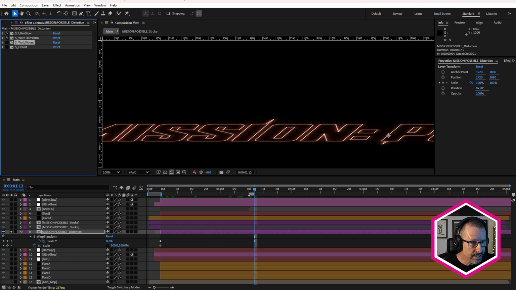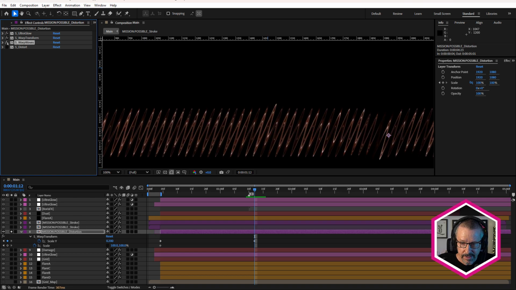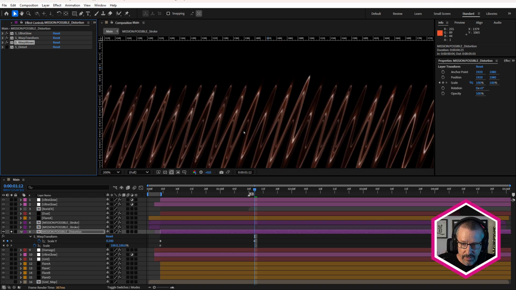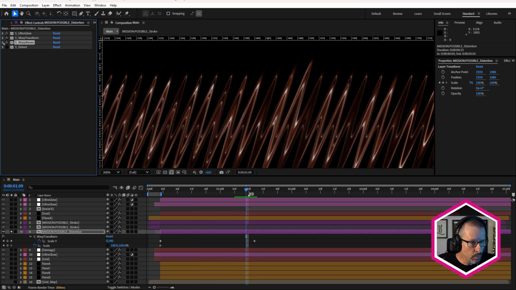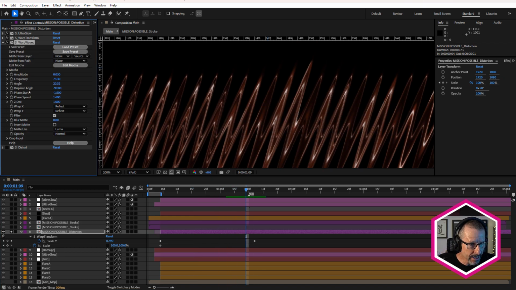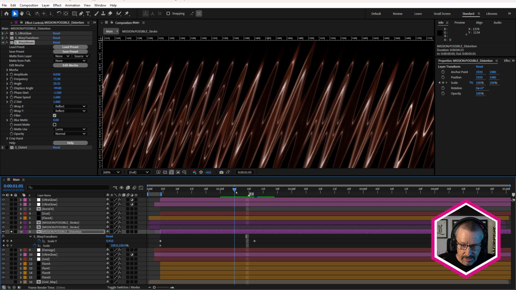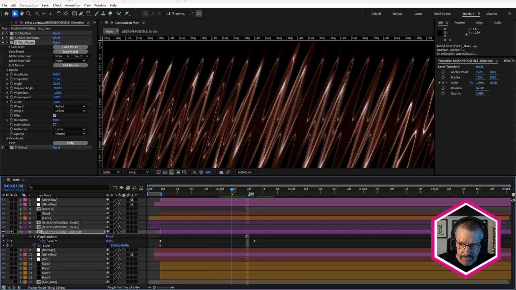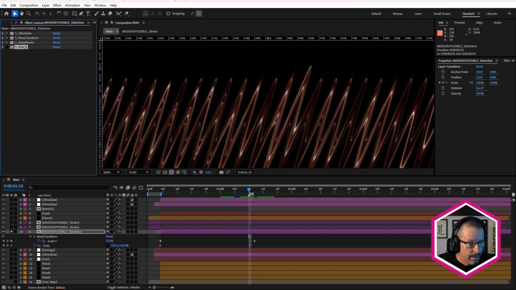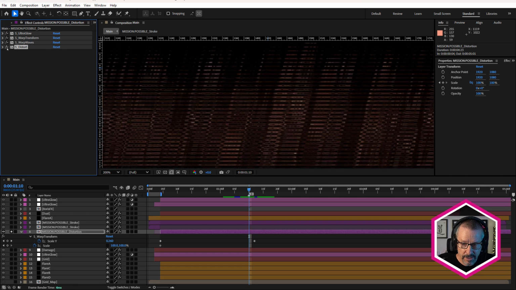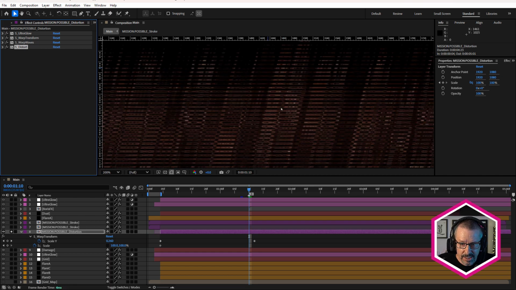All right, so next is Sapphire Warp Waves, and that's given us a wavy look. Sort of break that up. And Warp Waves has a phase and a phase speed. So there's actually a little bit of movement with those waves. And what really makes this work is Sapphire Distort. Let's turn that on. So you can see how that's distorted that.